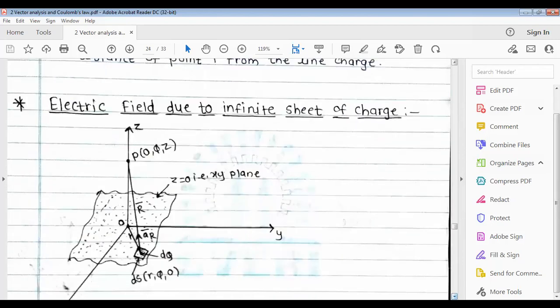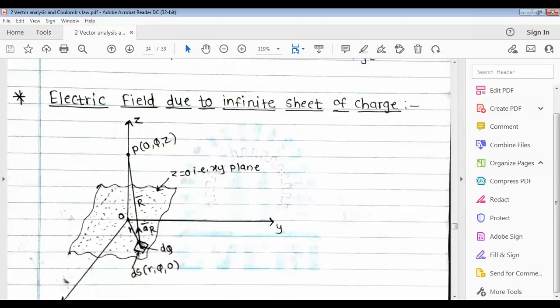Now the second point is the electric field due to infinite sheet charge. And remember, out of these 3 derivations, one derivation is compulsory in examination, so you should prepare for this. Even if they are not asking the derivation sometimes, they are 100% asking at least one example. Sometimes two questions are there, derivation also and example also. So don't miss this point.